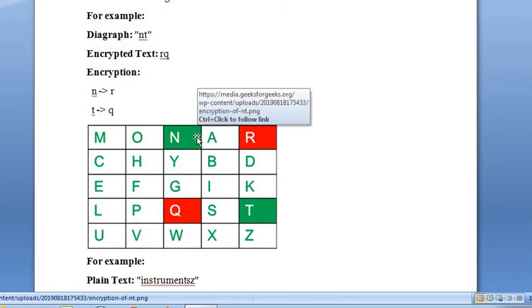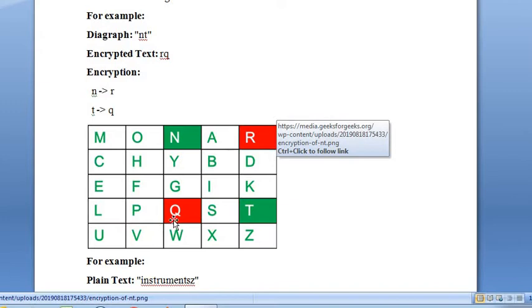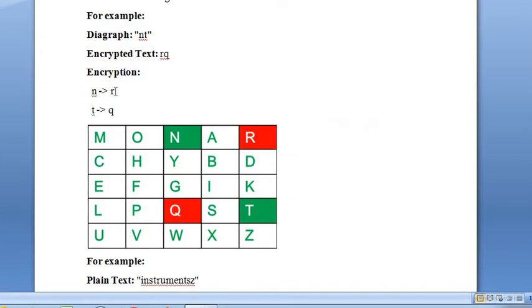So what shall we do? The diagonal term will be entered. Which term connects N and T? R, and for T, Q. So N will be replaced by R, T will be replaced by Q.